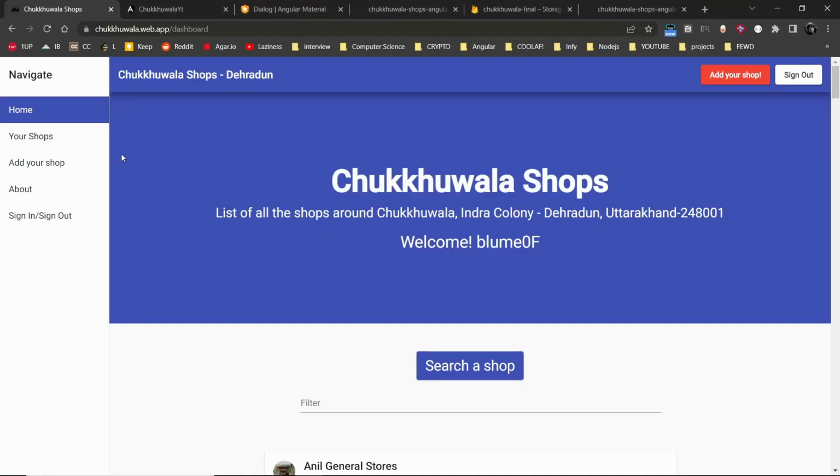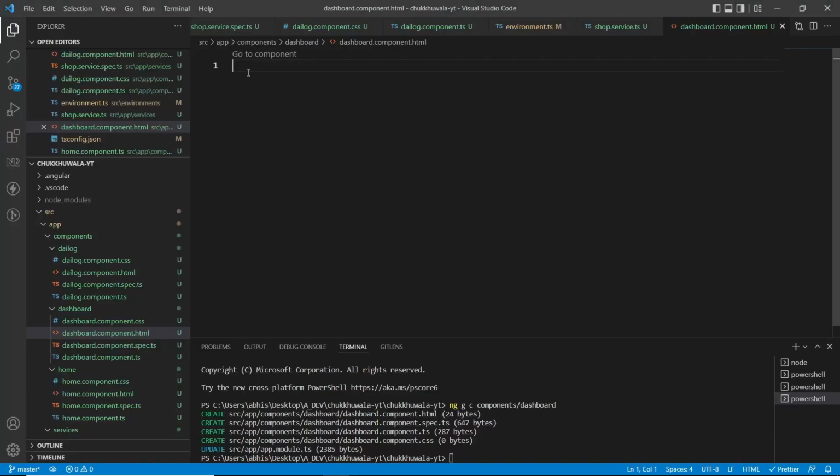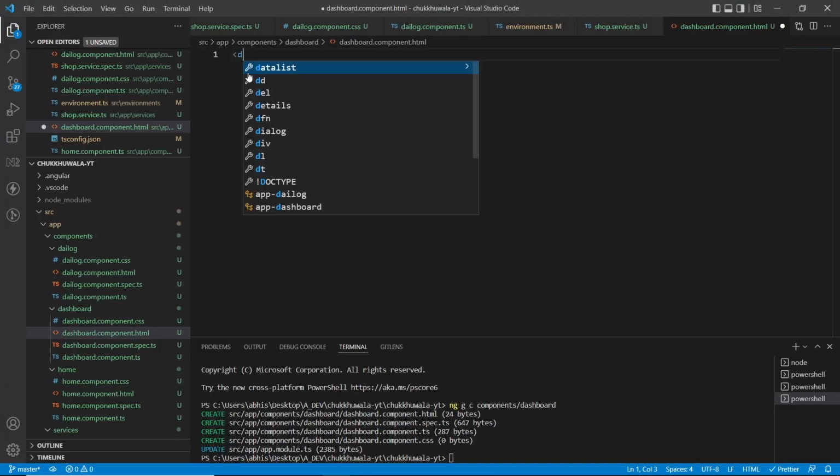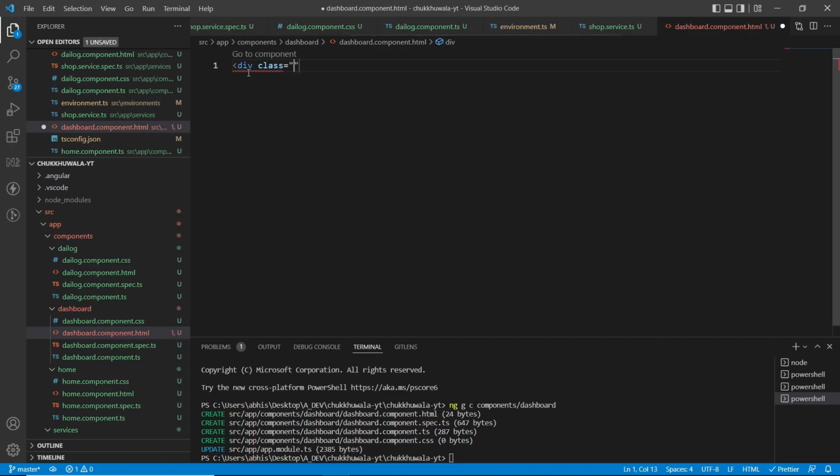So first we will be creating this part. Okay, so first we'll design this. So in dashboard component.html, create a div, assign a class header, start section, div class header section,